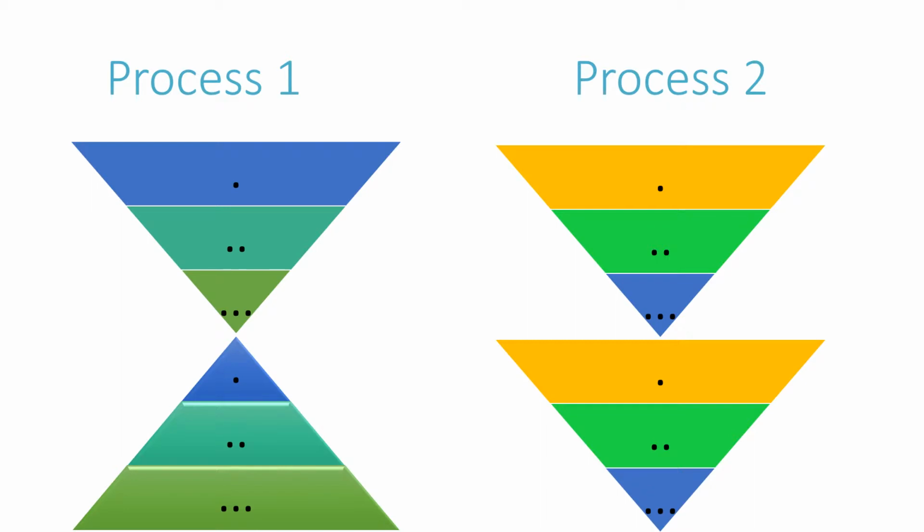So I've put process 1 here and process 2, which are exactly the same funnel process that I gave on the previous slide, starting from open questioning down to closed questioning and getting specific details. In process 1, let's say you've started from open questions and you've got down to your more interesting details by the end of the interview. Well, what are you going to do in your next interview then? Maybe you interview the same person at a later date, or you're interviewing other patients in the same organization. Depends what you're doing. But in essence, if you've come to some interesting conclusions in your first interview, you have